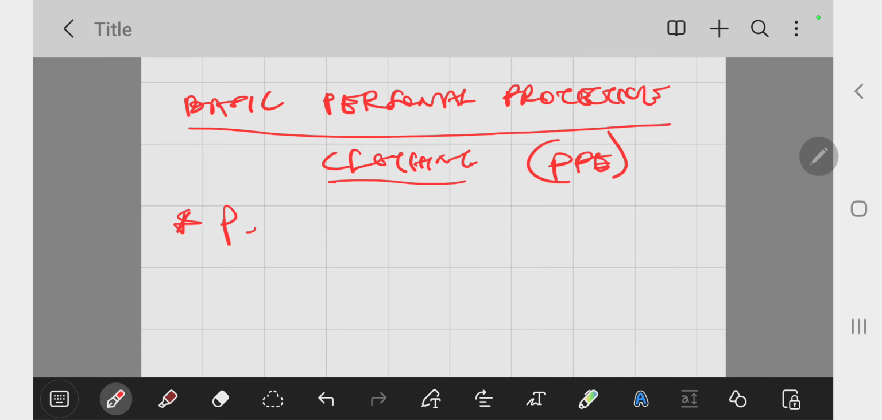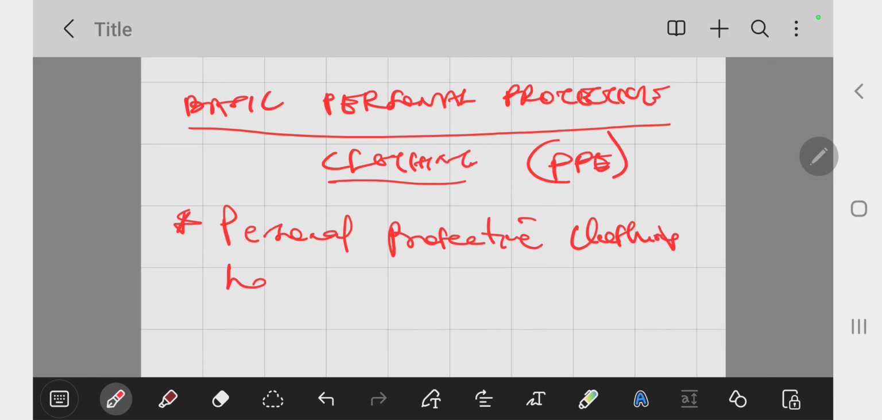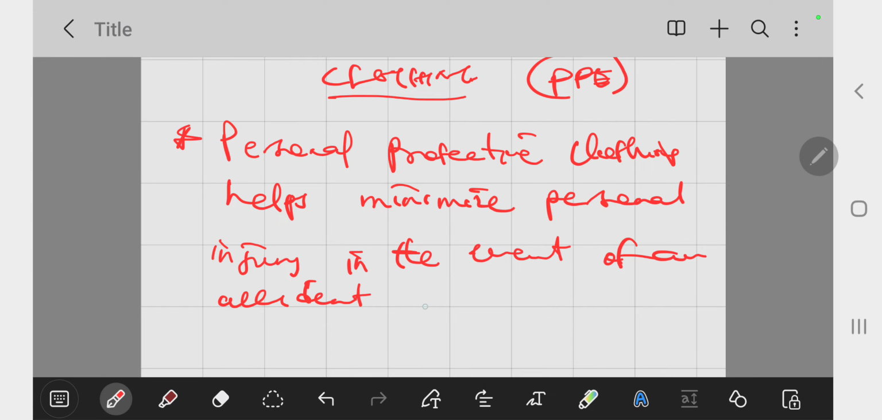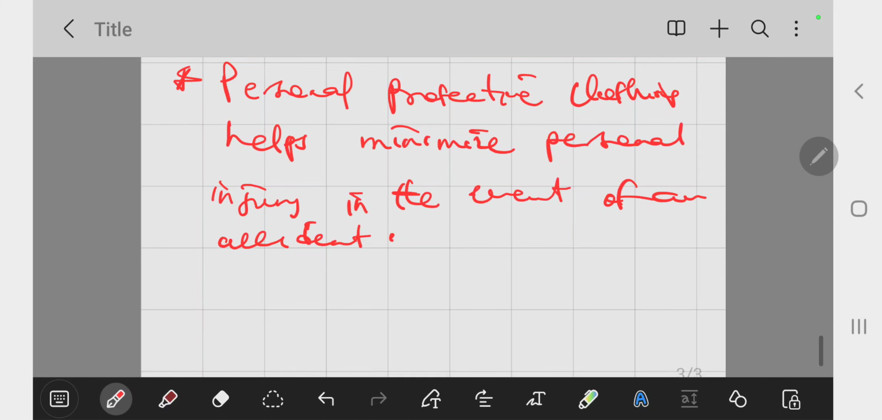So this is how you would define PPE, if they ask you to try. You need to say: personal protective clothing helps minimize personal injury in the event of an accident. So now we need to look at some of the most basic and common PPEs,